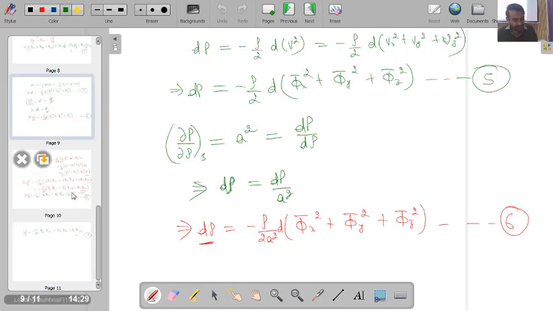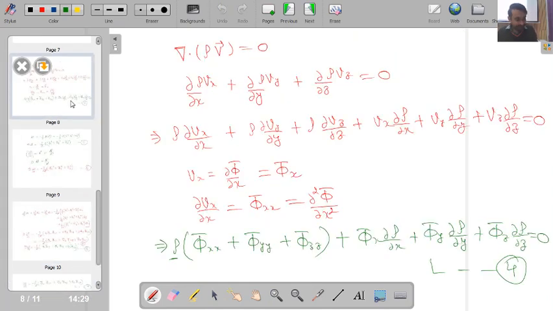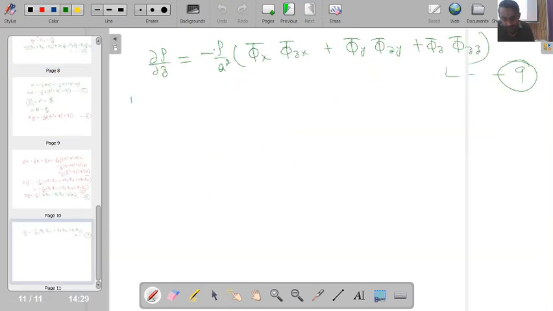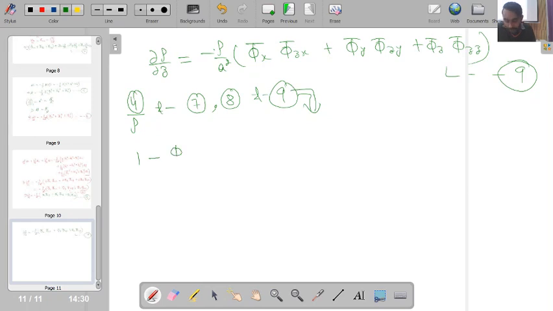Now what I can do, this is my equation number 4. In equation number 4, I can divide throughout by rho, and I will replace del rho by del x, del rho by del y and del rho by del z. So I will be substituting now. I will be doing 4 by rho and then substitution of 7, 8 and 9, and then after doing rearrangement of different terms, ultimately what I will get,